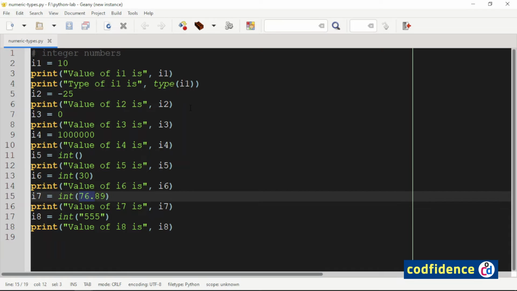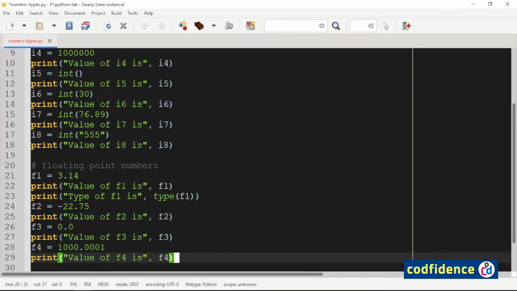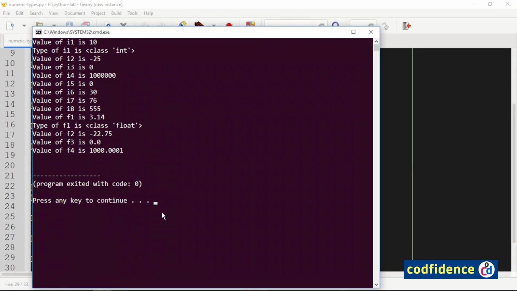Now I will add code to demonstrate various ways of assigning floating point numbers to variables. The variables f1 through f4 are assigned with the floating point numbers and the type name is displayed as class float.